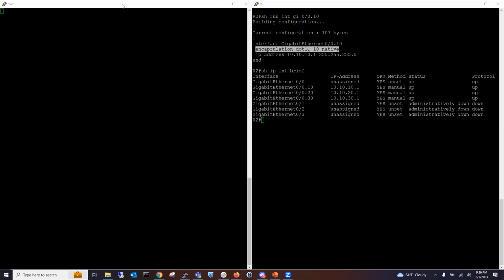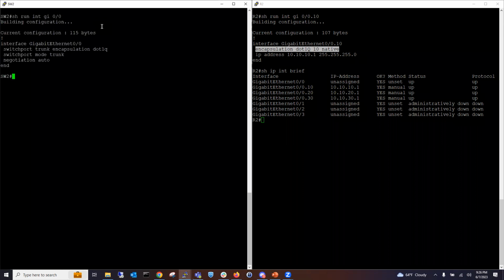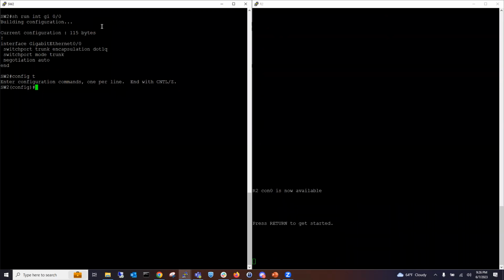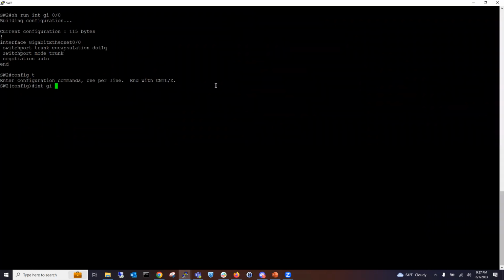Cool. All right. So let me revert that back to the other config. If I do a show run interface gigabit 0/0, I didn't identify a native VLAN, which means the switch is going to say for this trunk, the native VLAN is VLAN 1. To go ahead and switch that, I need to go ahead and say